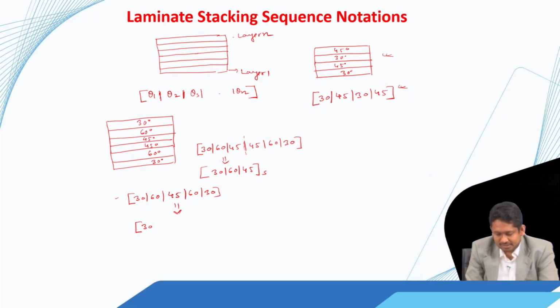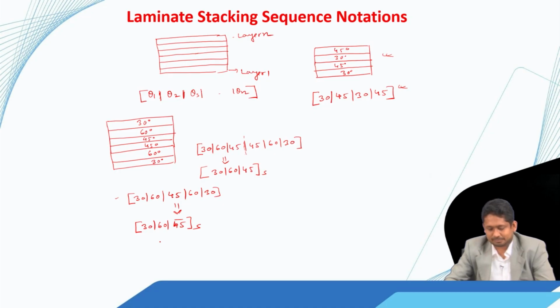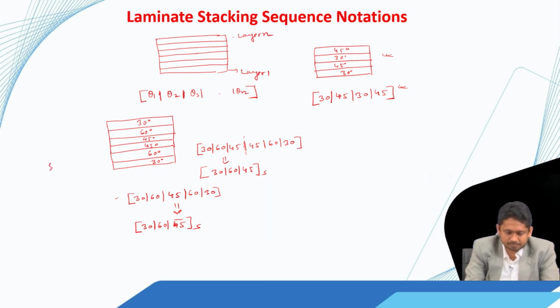In such cases it is denoted as 30, 60, 45 with a bar and S. That means, with respect to half of this 45 degree layer, this laminate is symmetric. So, there are an odd number of layers. These are all symmetric laminate